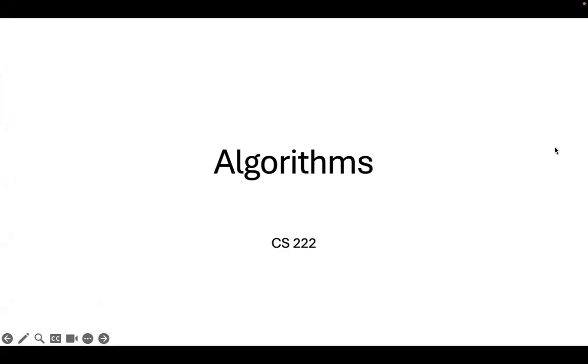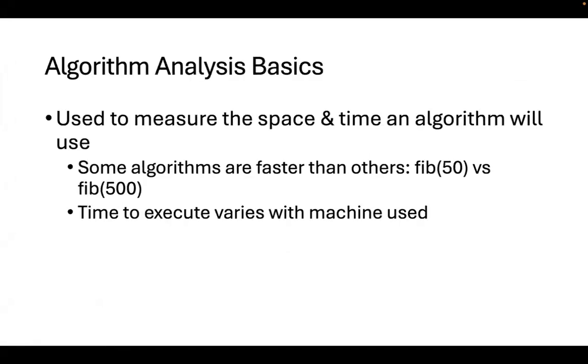Okay. So now we get to talk about algorithms. So an algorithm is basically something that lets you do something, right? So for example, if you have a recipe and you follow the recipe to produce, I don't know, chocolate chip cookies or a cake or something, you've been following an algorithm where the recipe says mix together the flour and sugar and baking soda or whatever and put the chocolate chips in and the eggs and what have you. And eventually you mix it all together, you put it on the pan, put it in the oven, and you take out your delicious cookies.